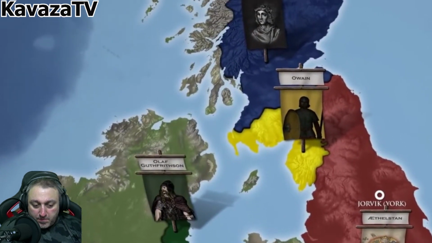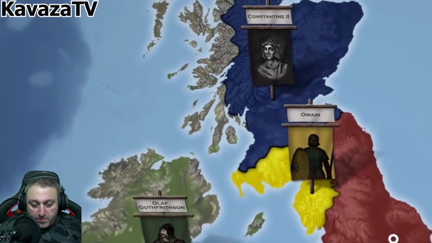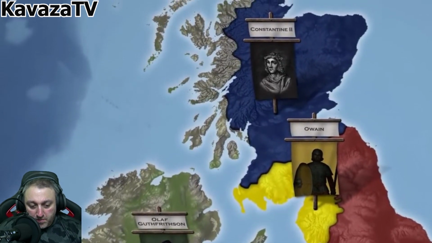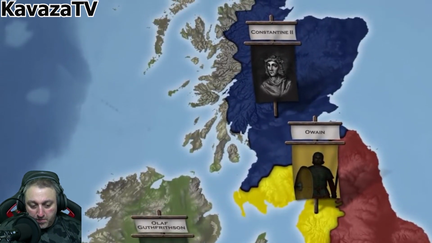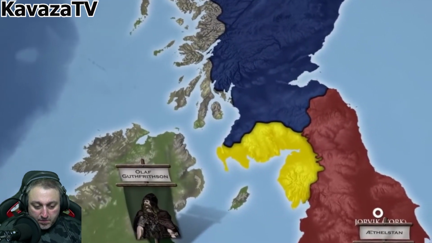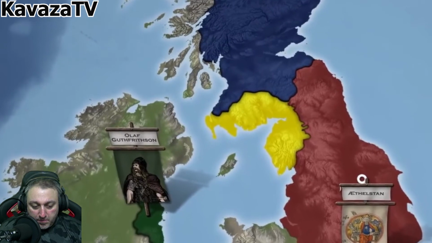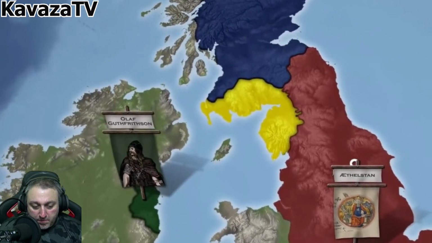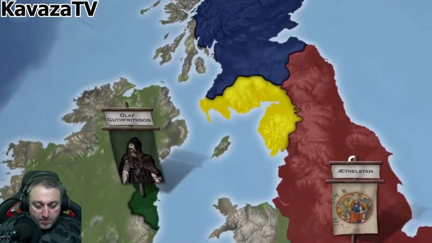Nonetheless, it didn't result in the incorporation of Alba nor Strathclyde into the Kingdom of England, as both stayed independent. England, on the other hand, would have to prove its ability to do so. The Vikings, though temporarily defeated, would return to the young kingdom at the end of the 10th century.